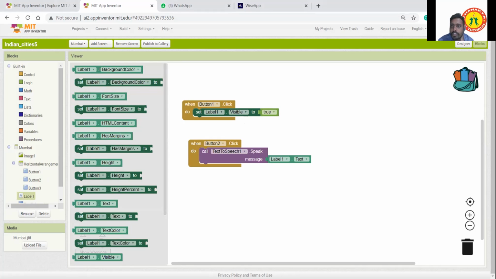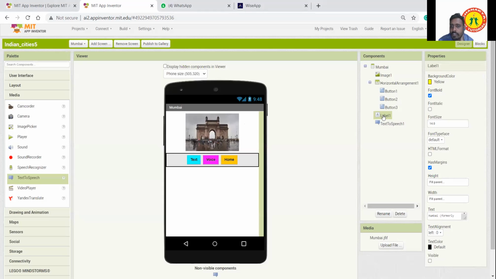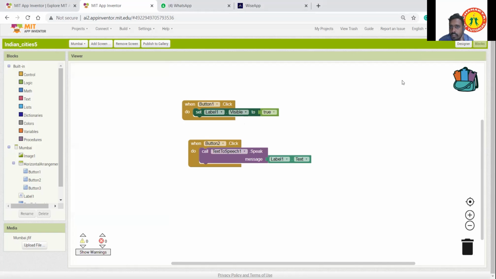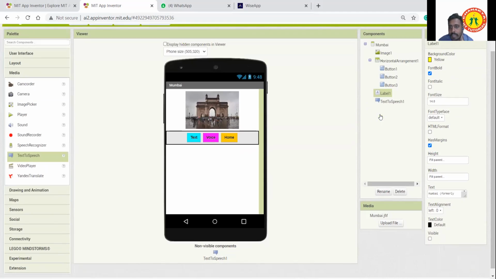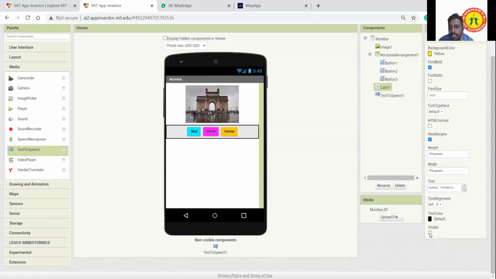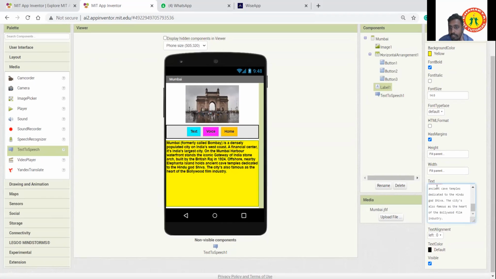Okay, just go to your designer part and check whether you have label. You have added label here. In the designer part, you should have label here. You should add this label, and inside this label you should have some text.